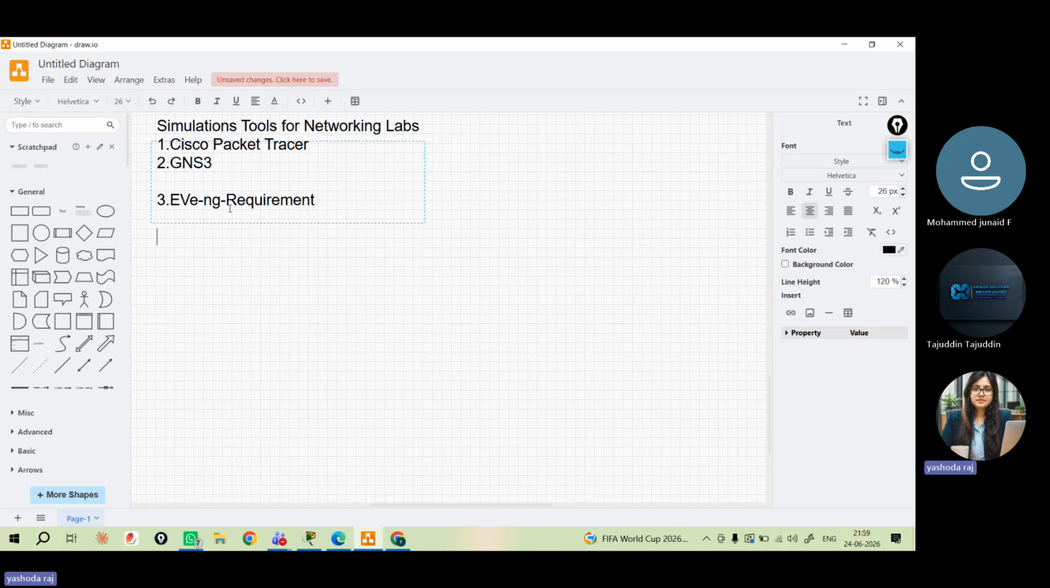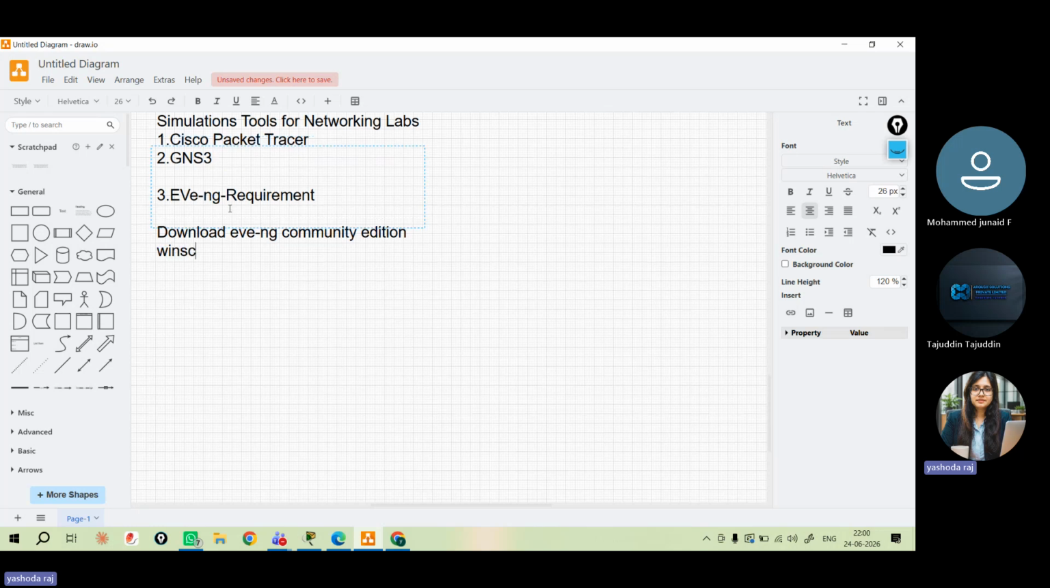Requirement, you have to download. It's a free download for Mac, for Windows and all. You can download it on the EVNG website. So download the EVNG Community Edition. We have Community Edition and Pro Edition. Pro Edition is paid, but we have to download the Community Edition. And we need WinSCP. We have to download the WinSCP. And also we have iOS files which I have to